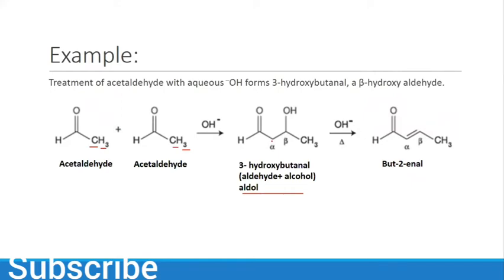If we want to do now the condensation, we have hydrogen here, we can remove it like this, and then we have a double bond here, and this is our final product. Or you can remove first hydrogen, then hydroxyl group, and then you can form a double bond here. This is your final product of aldol condensation. So this product is aldol, and after condensation we have our final product.